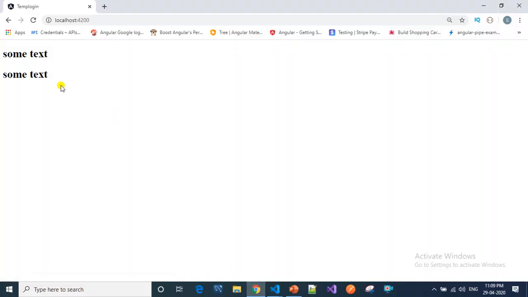Now we will go to the browser and refresh this. You can see here we are getting this text dynamically, and this is the static text. So interpolation is nothing but, if you want to bind the data from the TS file to the HTML file, then we will use interpolation.